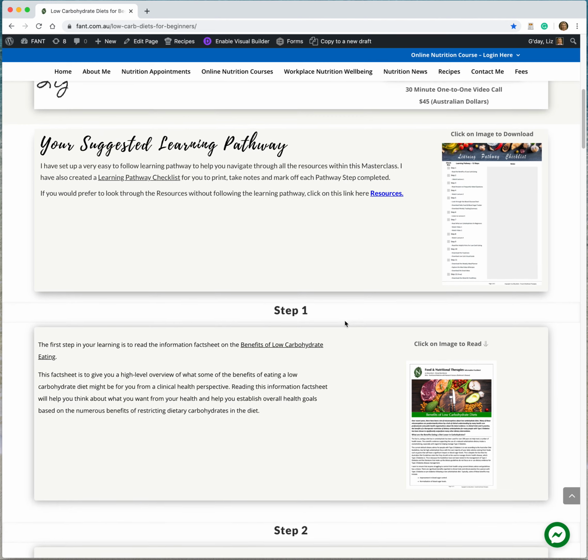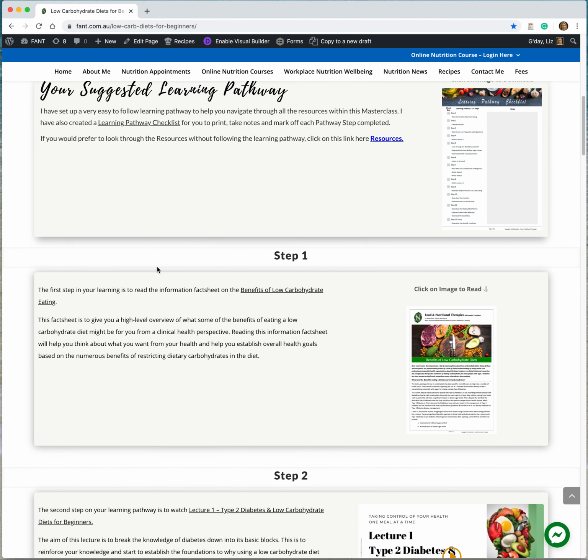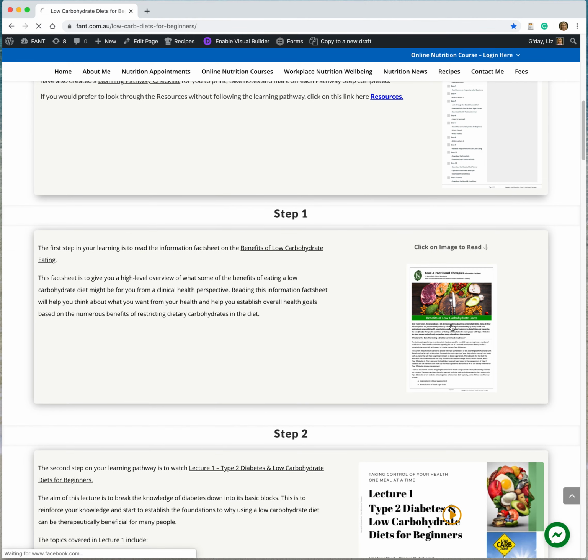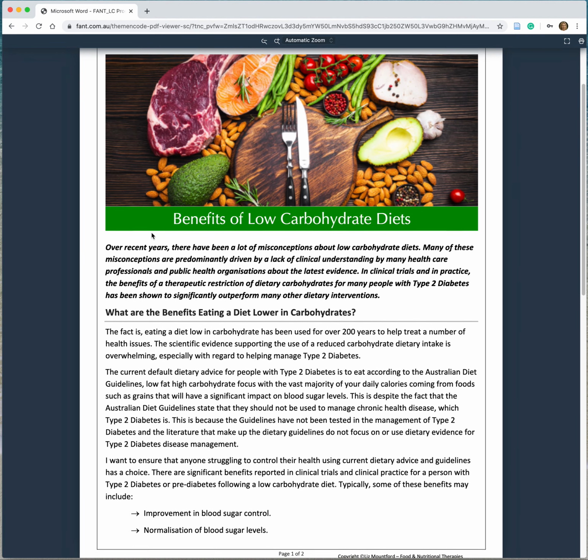So the pathway is very easy to follow. It's step 1 up to step 12. I write a little blurb here on what you're reading. Then you come over, click on the image to read. So you just click on the image and the image will pop up for you, and you can read the